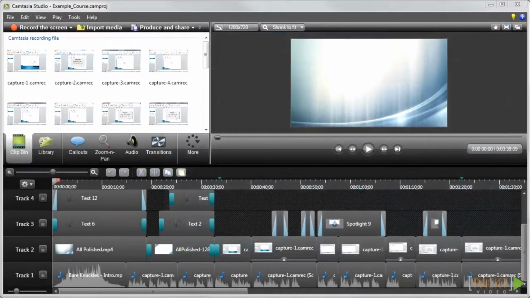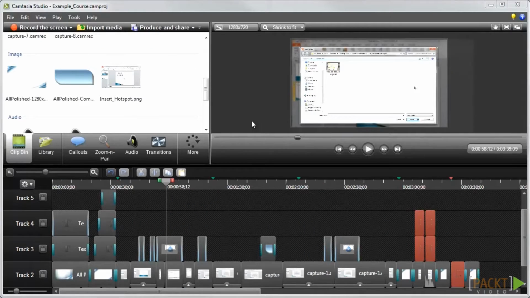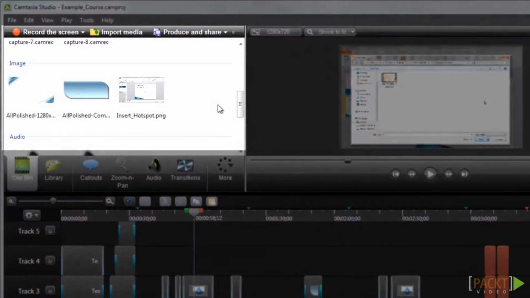Now I'll describe how the example course is constructed to give you a better idea of the overall process and workflow of creating an e-learning course in Camtasia. Let's start by talking about the clip bin area in the upper left, because this is where you'll start your